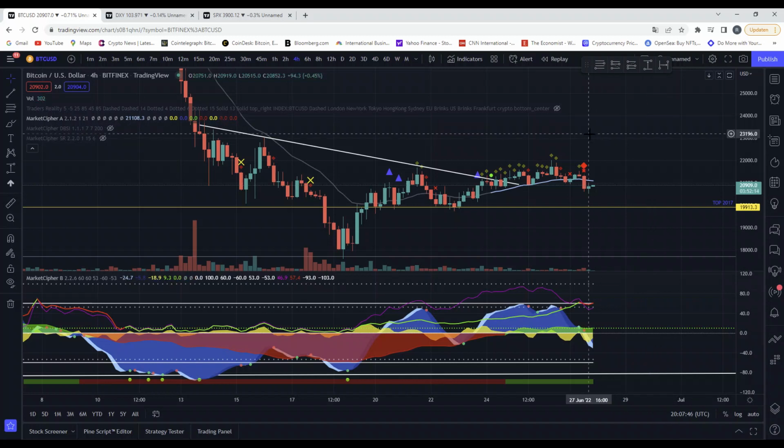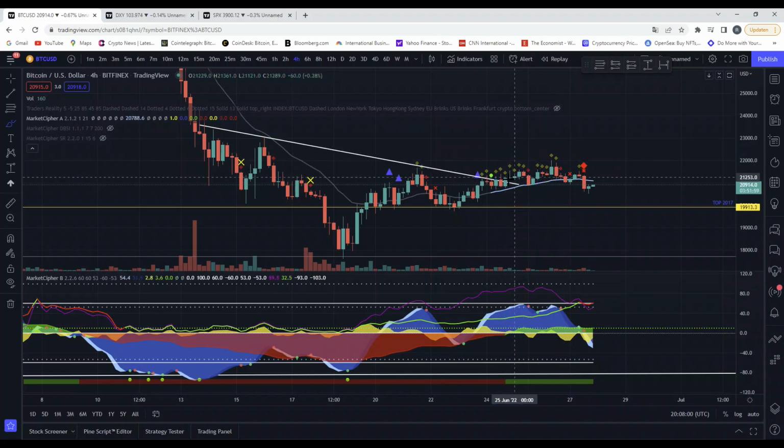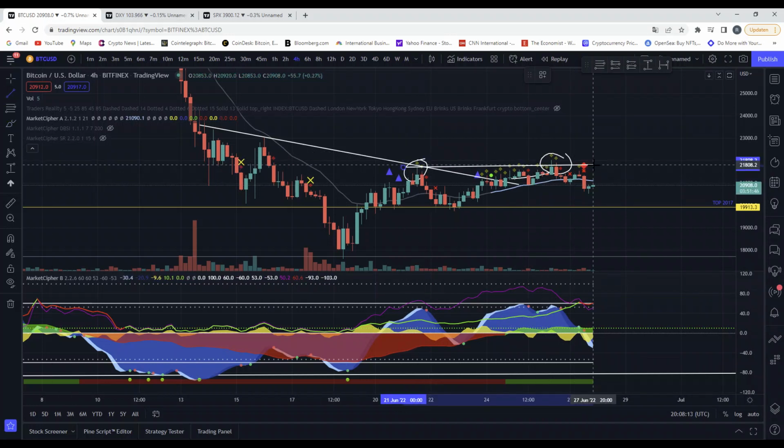We're starting off here with the 4 hourly, and as you can see we had this head and shoulder pattern with the left shoulder and the right shoulder that didn't play out. We said in Friday's video, if we are going to break out and we do not really see that confirmation of us going higher, then we might see a move to the upside where we are making a higher high than this one, and then we are going down. Well, that's exactly what happened, because as you can see, if I put this line right here, then you see